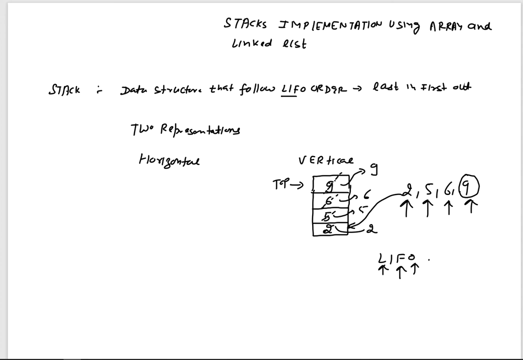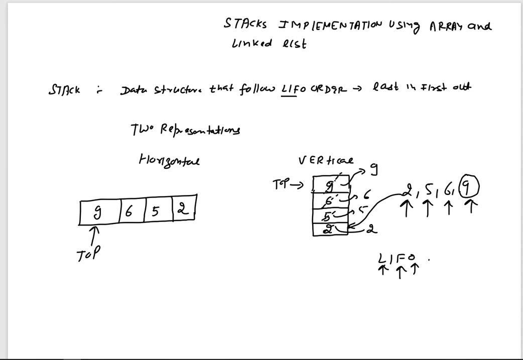If we represent this vertical representation in the form of a horizontal one, this is how we do it. I usually follow this horizontal representation. So this is the top element. Initially, this is the top. Which element will come first? This one. Then after this, the top becomes this one. This element is inserted, then we insert this one, and the last element is this one. So now the top element is this one. Both ways are correct, this is a horizontal representation and this is a vertical representation. Whatever representation suits you, you can follow that.